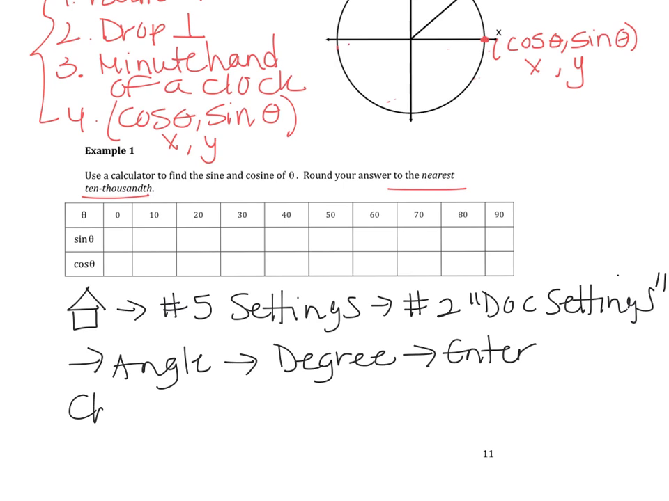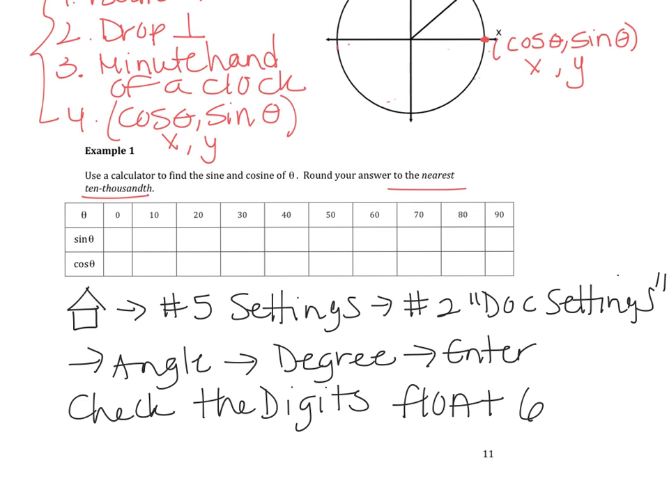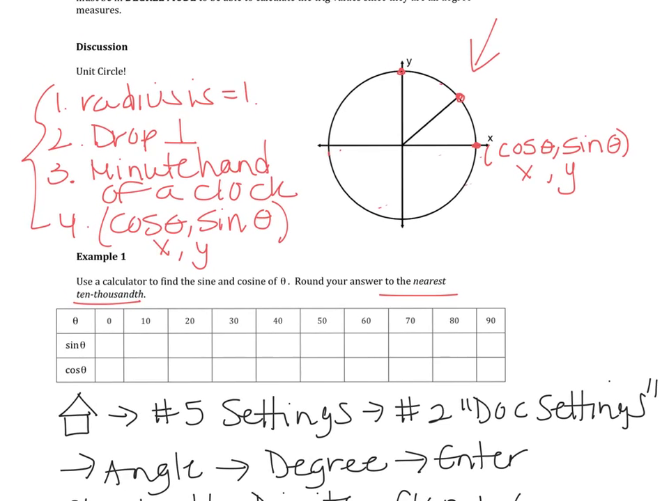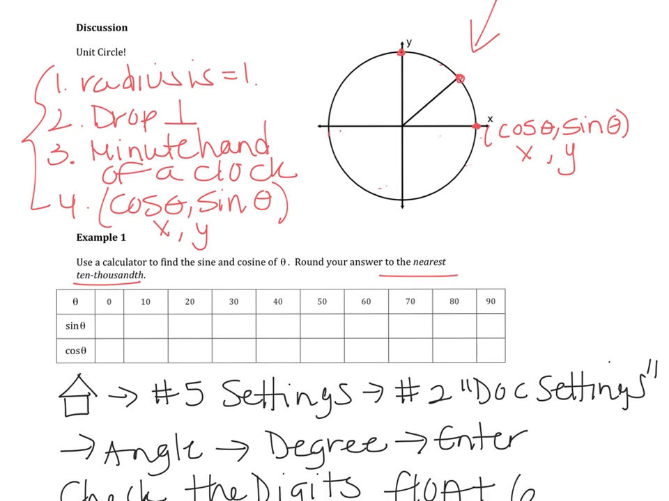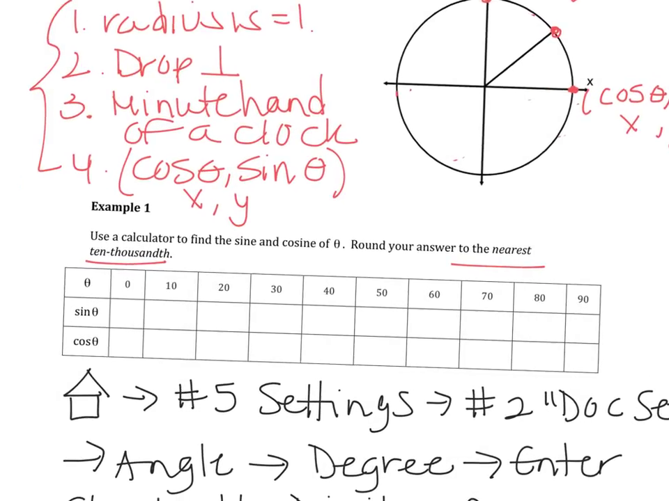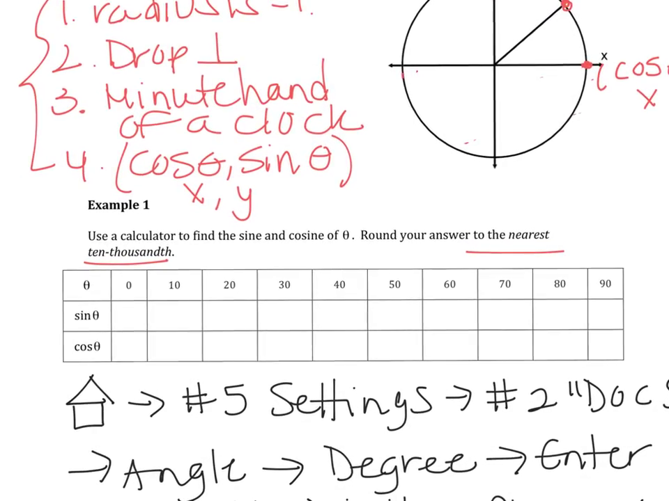As a final step, just make sure you check the display digits, which is above the angle function, so that it's floating at 6. Okay, so now going back to putting this in the calculator,